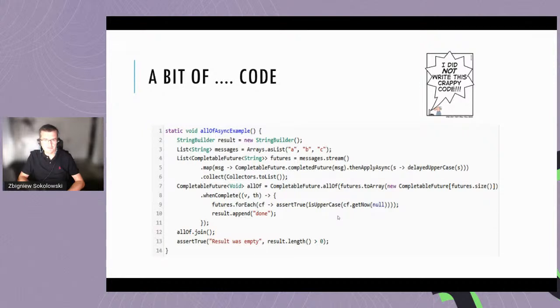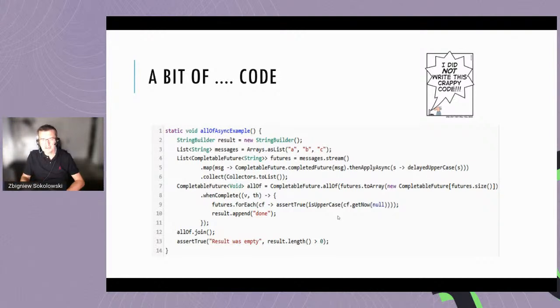I took it from the net somewhere. It has a bug, so I think that someone will notice that it has a bug. The code is not very beautiful. It's rather crappy, but still, it is useful to show you how it works, or maybe to remind you if you have some experience how it works. So let's dig in for a second. We have this ArrayList ABC. We are streaming it. First, all of these messages from the list we are using as completedFuture. So this completedFuture method